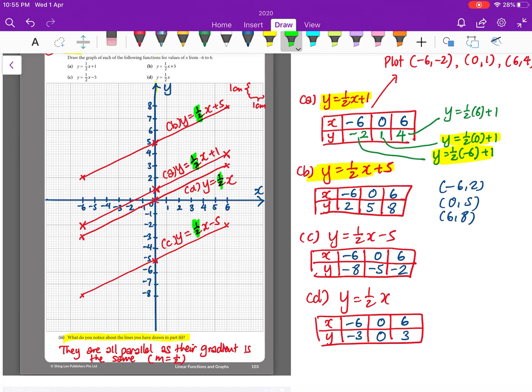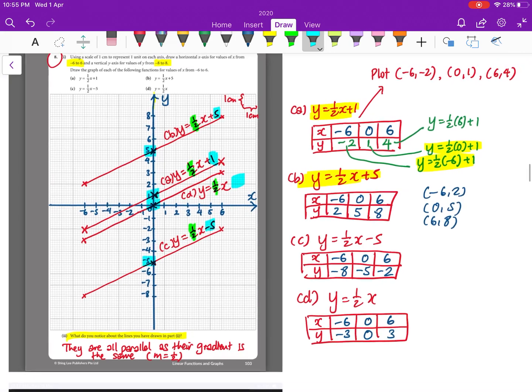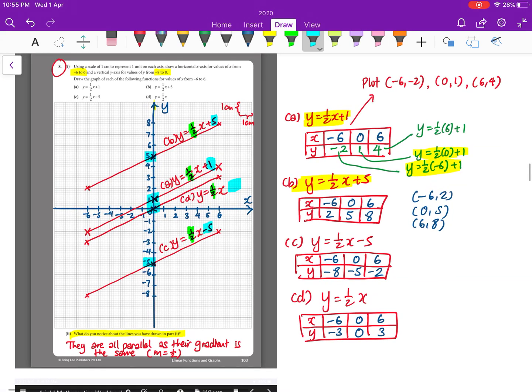Okay, but they have different y-intercepts. The first graph has y-intercept 1, so it cuts through 1. Second graph, part B, has y-intercept 5, it cuts through 5. Third graph, y-intercept negative 5, it cuts through negative 5. Fourth graph doesn't even have any intercept, it's plus 0, so it cuts through 0. Okay, I hope this question helped you to have a better understanding of